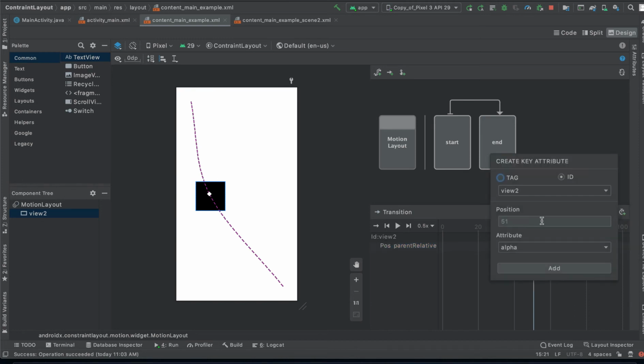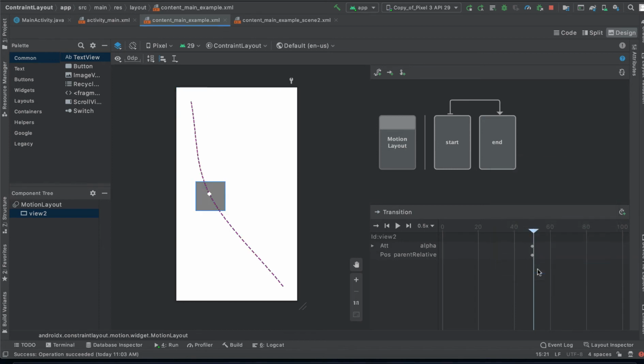The key attribute is a property where we can update some property of our item, like the alpha, the elevation, the rotation, the translation. So right now I want to just update the alpha, that is the opacity. So at the 50 position, that is in the midway of our animation, I want to change the opacity, right? So I'll click add,